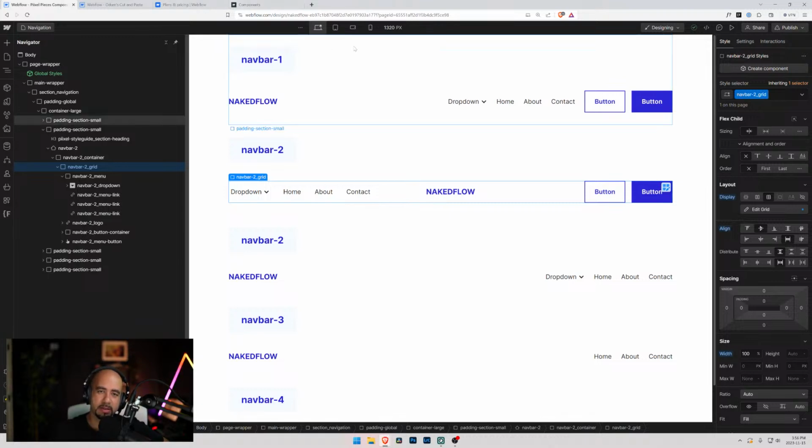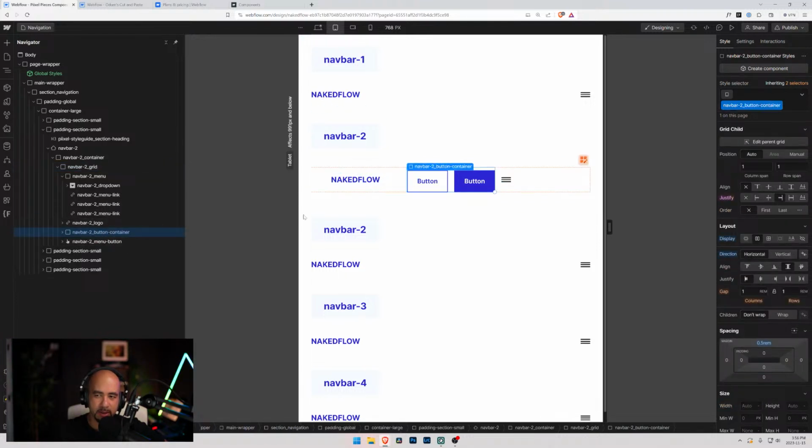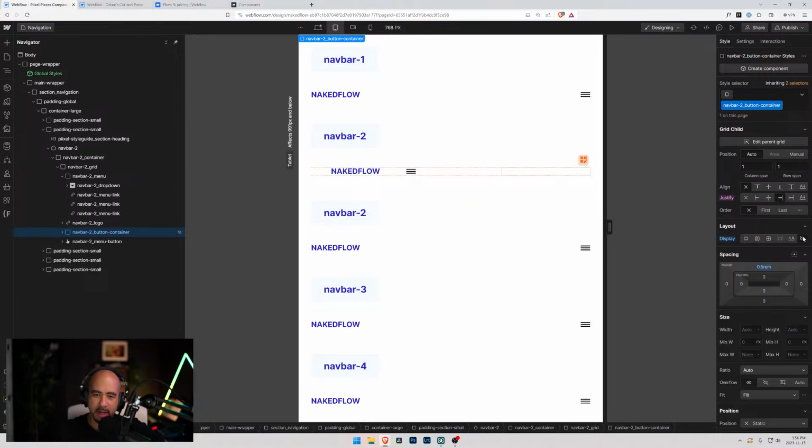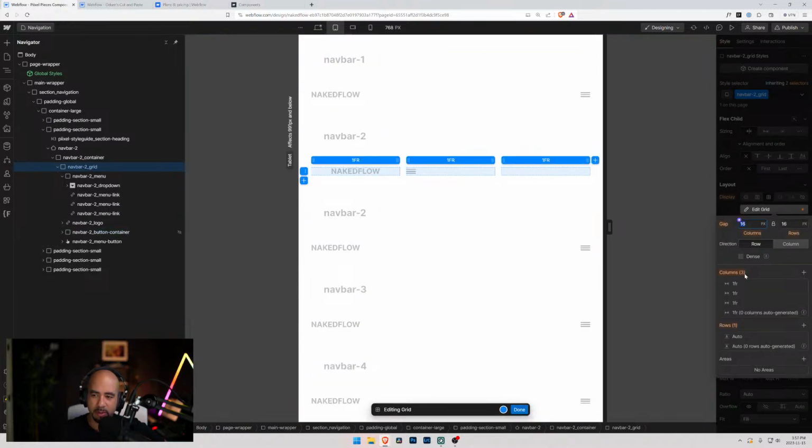Does that make any sense? So basically I'm saying when you go to this view here, then of course we drop down into a 2-grid system, and then we would take these guys, hide these ones, and then let's go to the navbar grid, and then that's going to be a 2-grid container, and then